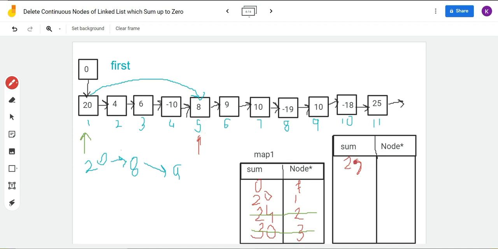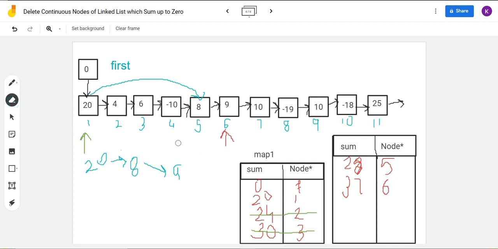This is 8, 28 and the position 5 here. Now we will move to the next node, that is 9. The sum gets updated to 28 plus 9, that is 37. 37 is not present in the map. We will simply add 37 with the node address, that is 6.